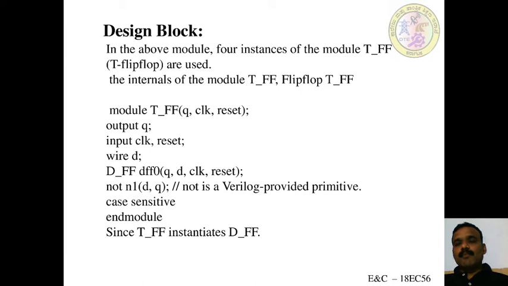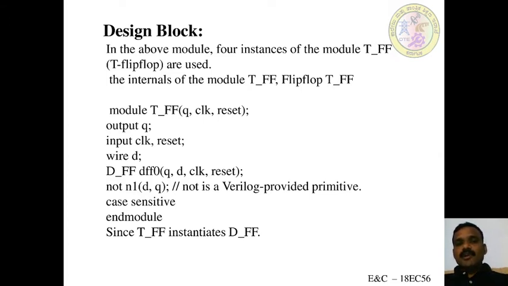There is a block with reset and clock as inputs, and Q0, Q1, Q2 and Q3 as outputs. Only this we can see in the physical appearance. That's why it is the top level module. Inside this design block, there is each instantiation of the T flip-flop. So what is inside this T flip-flop?